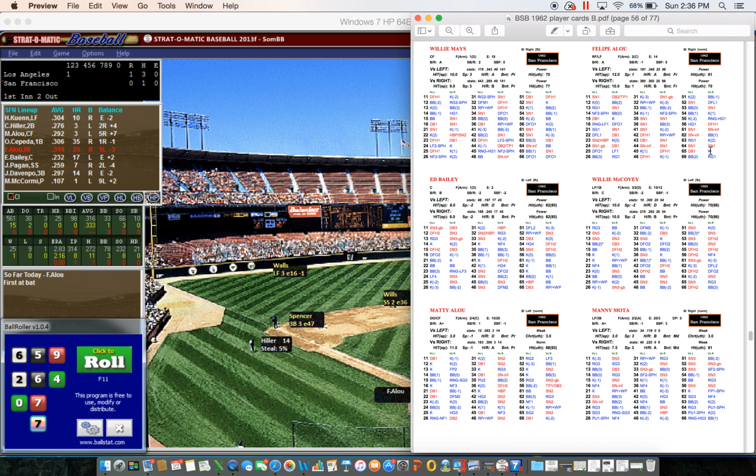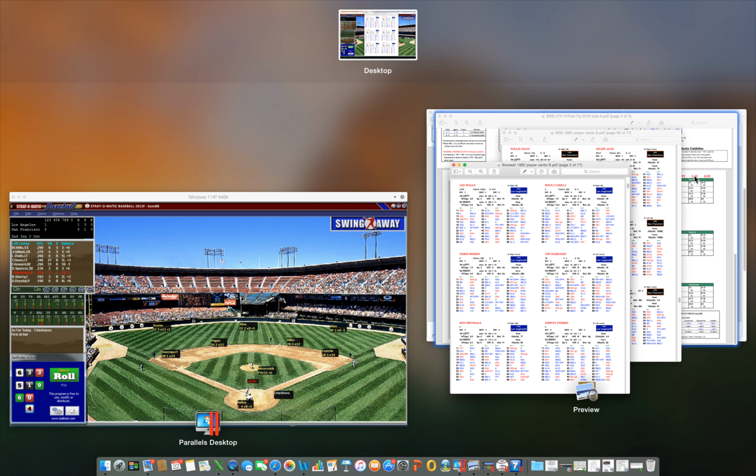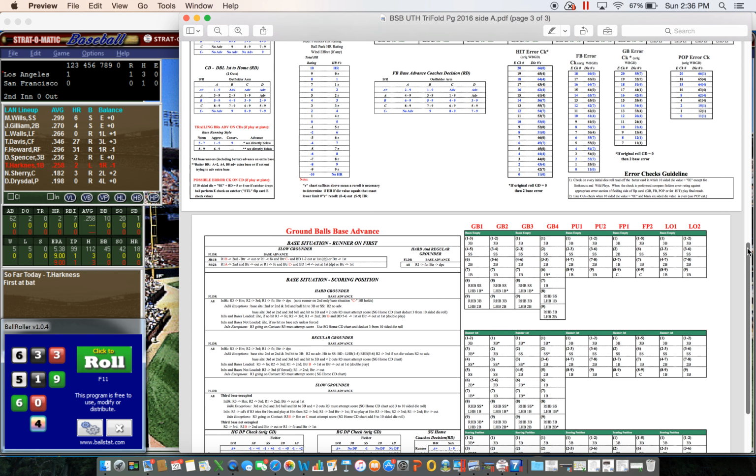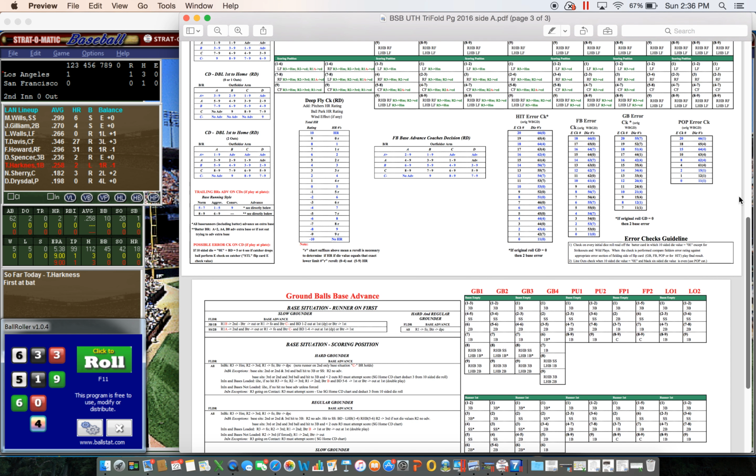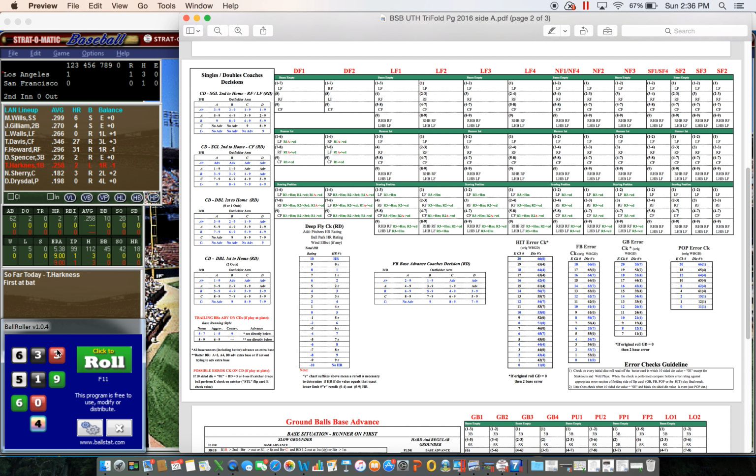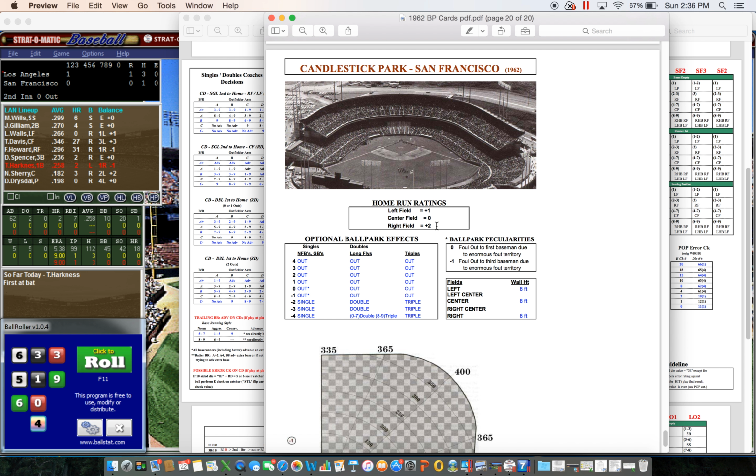Tim Harkness will lead it off for the Dodgers. His roll is 63-3. We'll find Harkness. 63-3 against the left-hander is a deep fly chance to number 2. So we go to find out where it's hit to. Deep fly 2, red 3. 1 to 7, the red 3 falls in that range, so it's hit to right field where the wind's blowing out. Remember on the ballpark card, it's +6 to right field, +2, +4 for the wind,